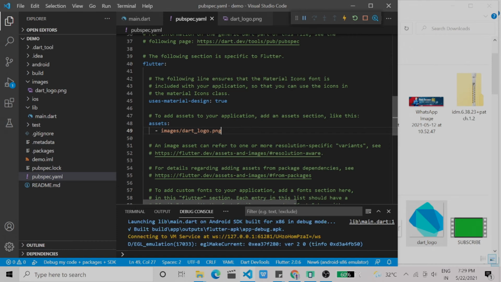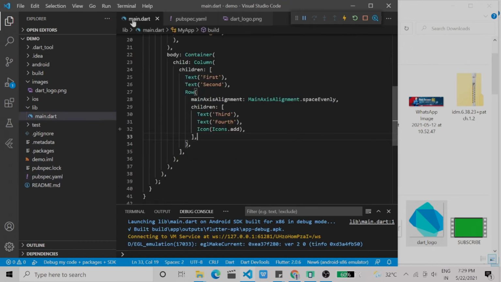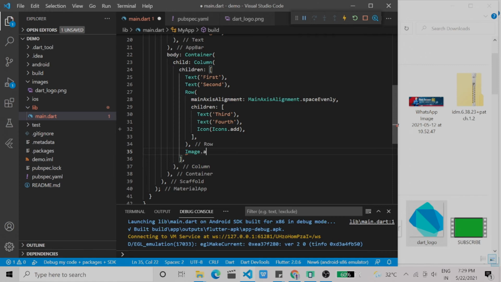Once this is saved, now go to the main.dart file and create an image widget under the column widget. For the asset type we have Image dot asset, which you can show. Type Image dot asset.